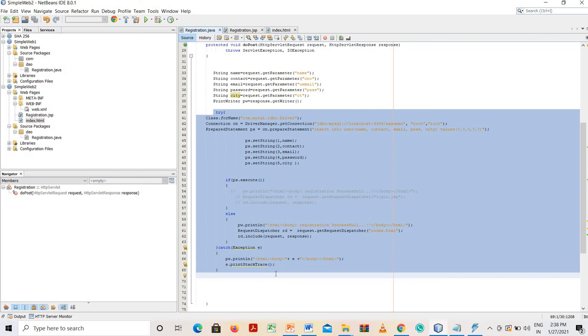But in case the user has entered the first number as 4 and the second number as 0, what will happen? The output will be infinity. That will be the exception in Java. So in such a case you have to handle that exception, right? So to handle the exception we are using try catch block. What is the significance of the try block and the catch block? The code in which an exception may occur is written under the try block, and in a catch block that exception is handled.